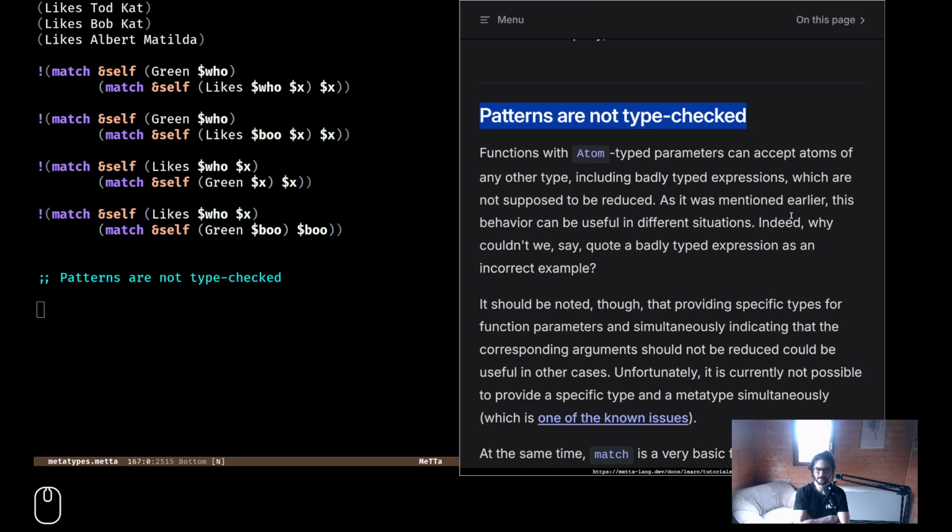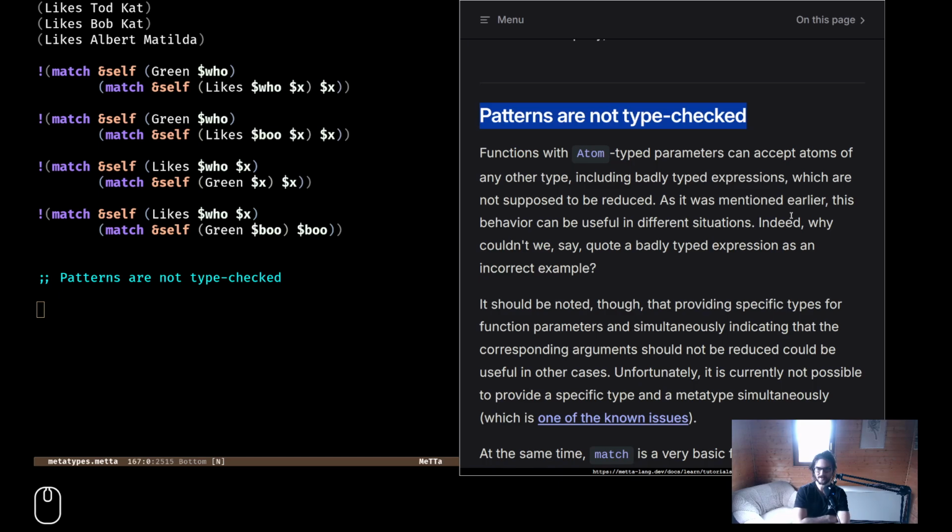It would make sense to me if I take an atom, or expressions as inputs, but I don't really understand why including badly typed expressions. So this also makes a lot of sense, because how am I supposed to work with expressions?